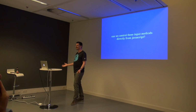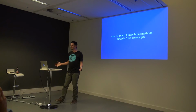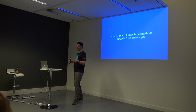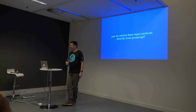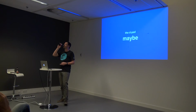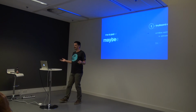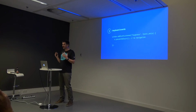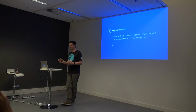So how can we control these input methods directly from JavaScript? We have mouse events, we have touch events, we have keyboard events. But how about D-pad events, gamepad events? Might be useful for HTML games, for example. The D-pad, well, maybe. The D-pad is actually just a keyboard. So we can use keyboard events. And this works okay. I'm not saying it works great, but it works okay, because